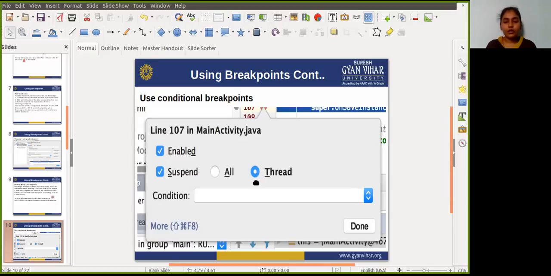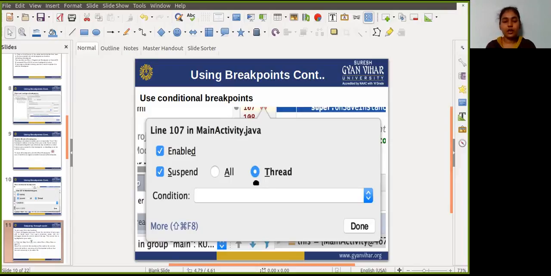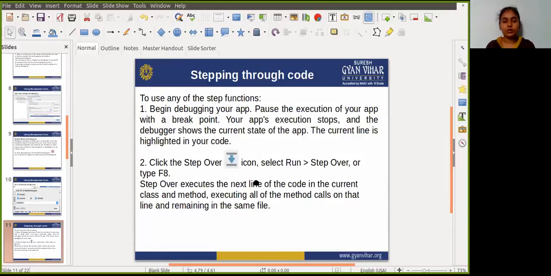So you can use variable names from your app as a part of the expression. Run your app in debug mode, and execution of your app stops at the conditional breakpoint if the condition evaluates to true.